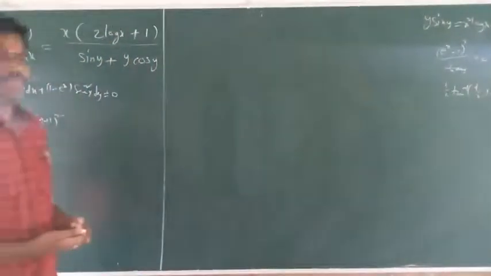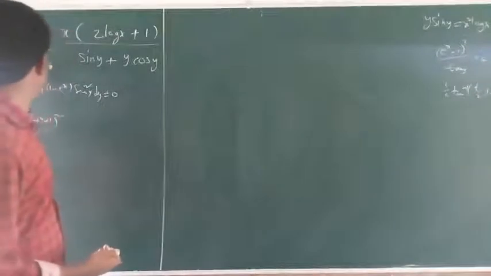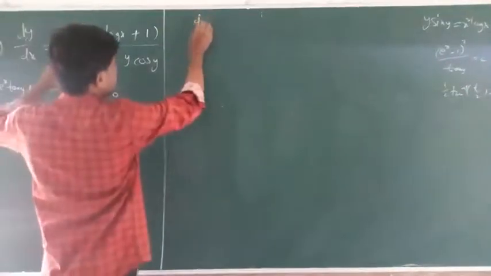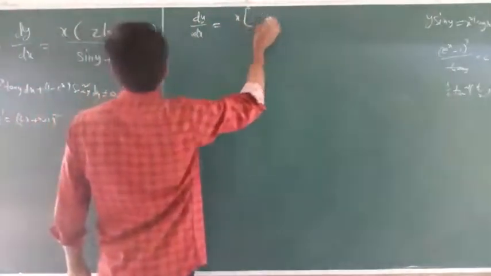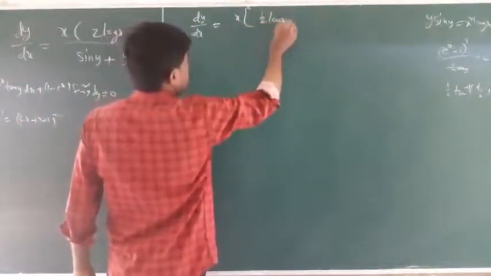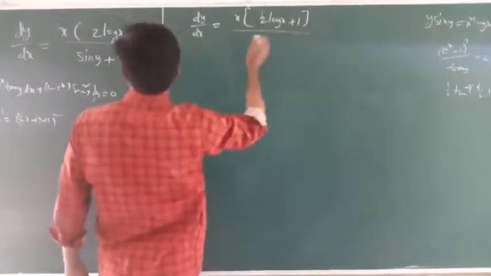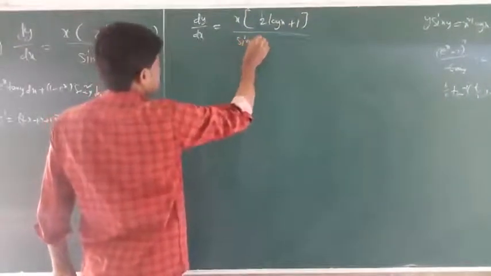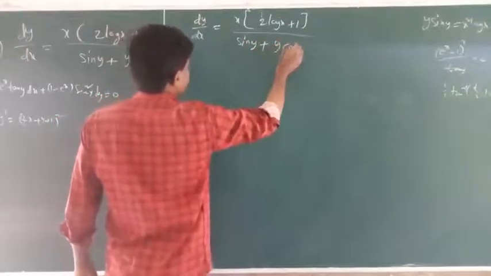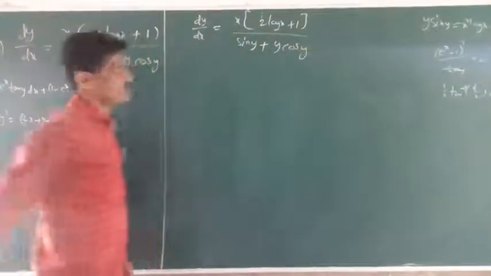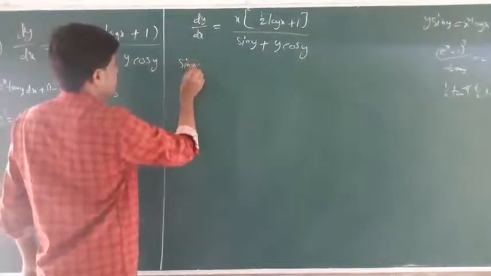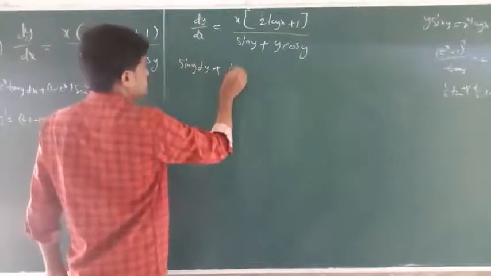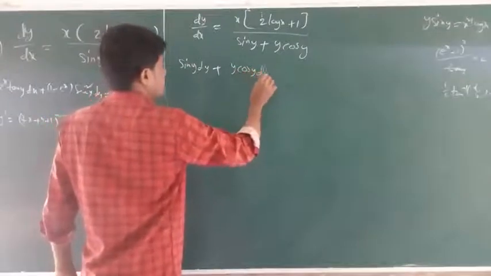So for these three problems I am applying the variable separable method. First question, dy by dx is equal to x into (2 log x plus 1) by (sin y plus y into cos y). First cross multiplication: so (sin y plus y cos y) dy